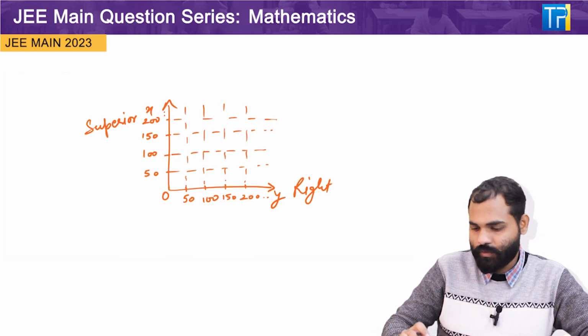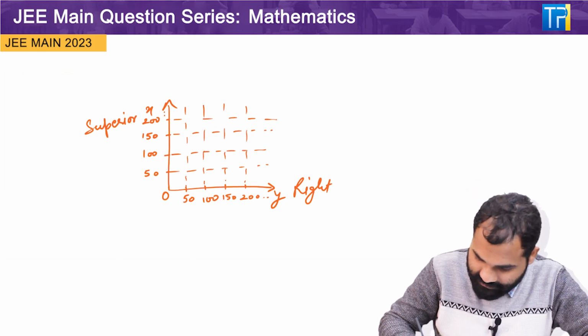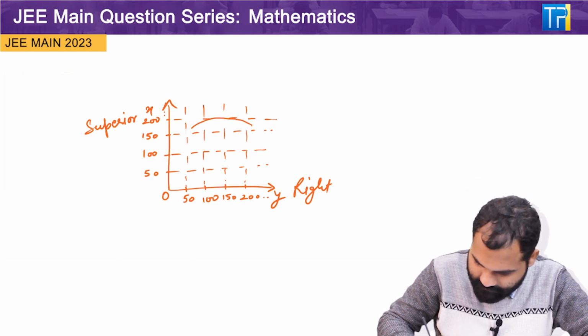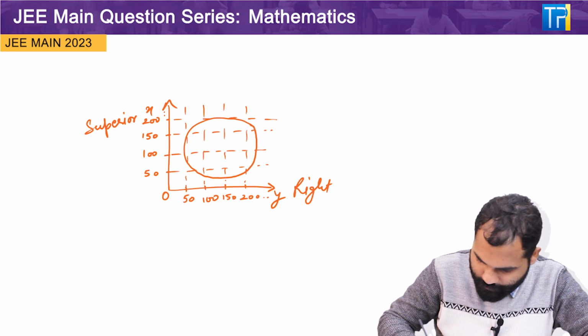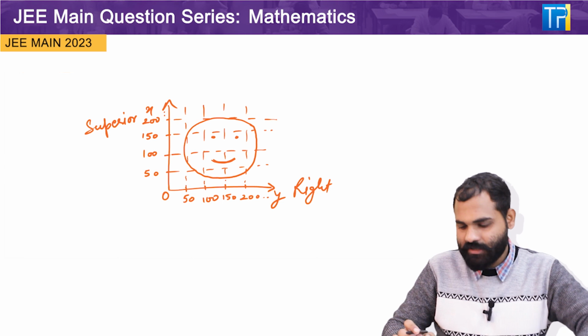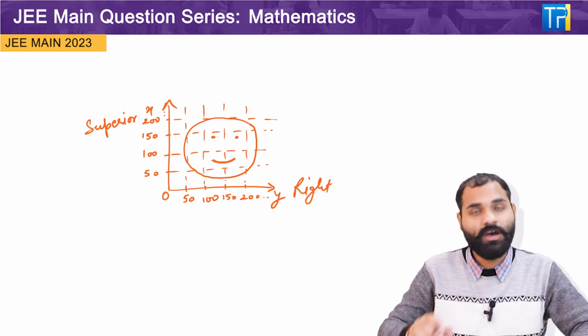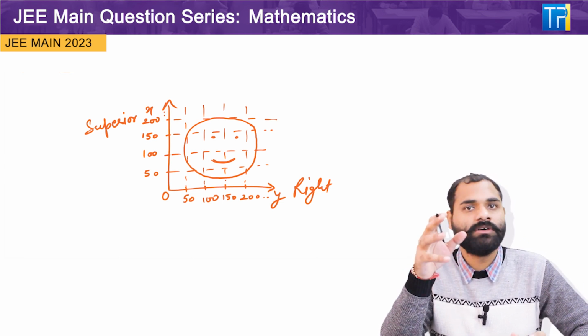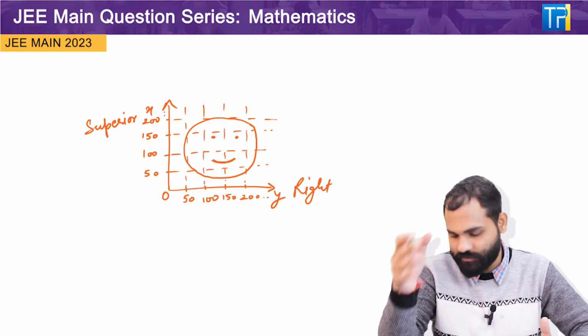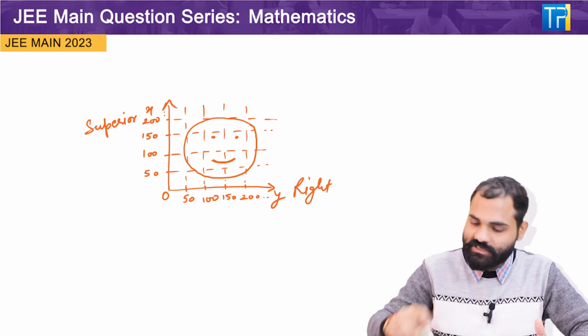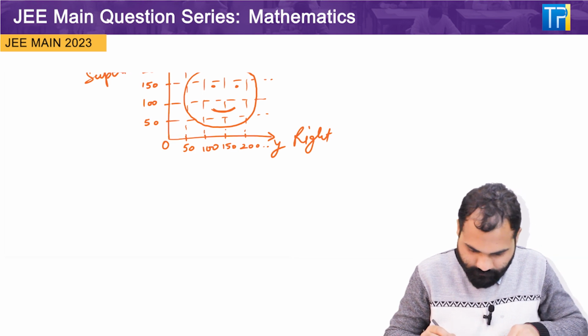Now if I have to draw the emoji, then it will go like this. So I think this is one of the best examples of how the coordinate geometry works in real space. Now coming to the next example, which is